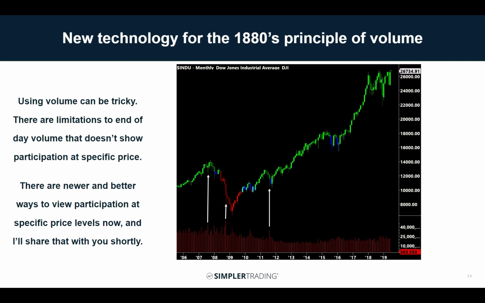Because volume in the traditional sense, like we have down in here, while valuable, is not necessarily as accurate as we